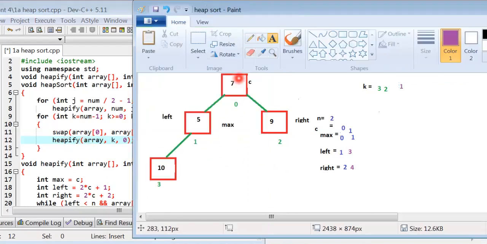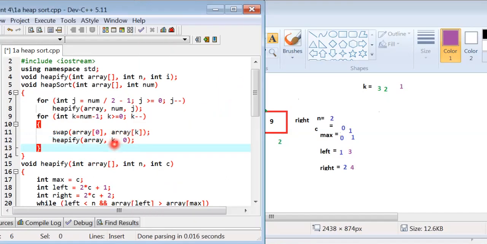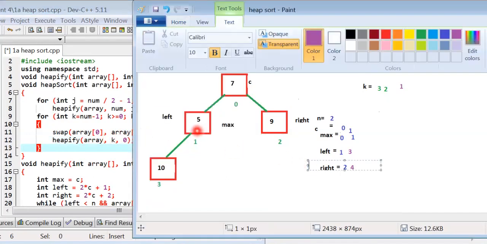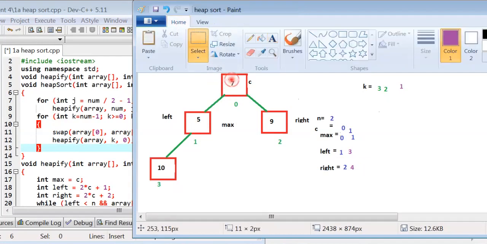Now the value at index 0 and index k, k is 1, and 1 is 5. Then 7 and 5 swap with each other. 5 and 7, the values are swapped.